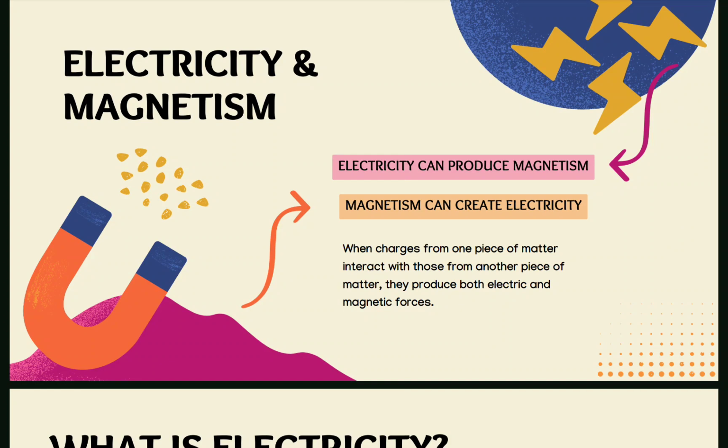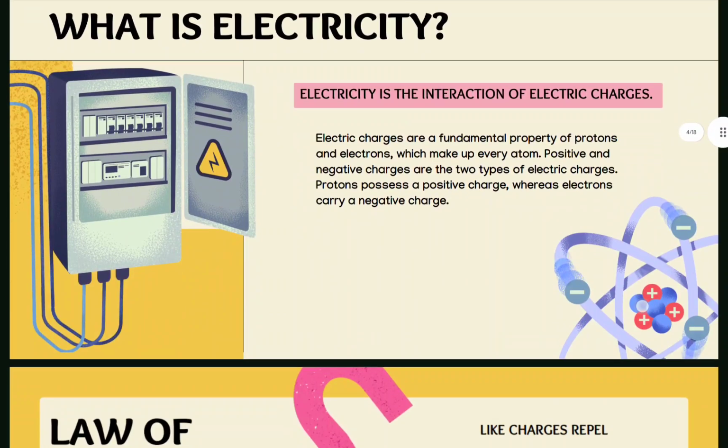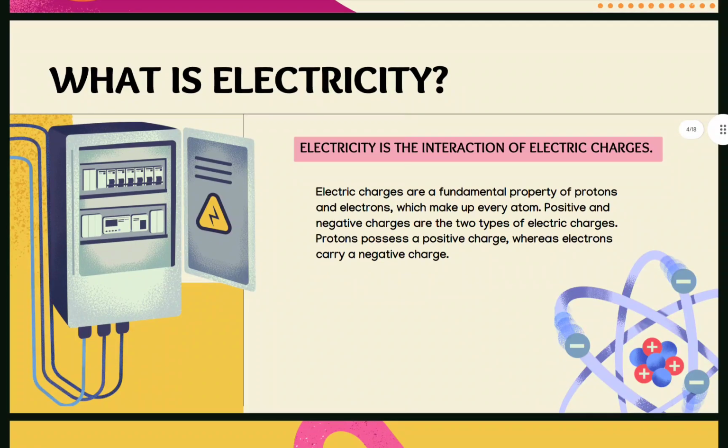Now, I know you might be having many questions, many doubts, and you are very curious to know about these two terms. So we'll be discussing everything in detail. Let us start with the very first basic of current: what is electricity? We all say in our lives that today we don't have electricity in our homes, we should turn on the inverter. Yes or no? So electricity is nothing but the interaction of electric charges.